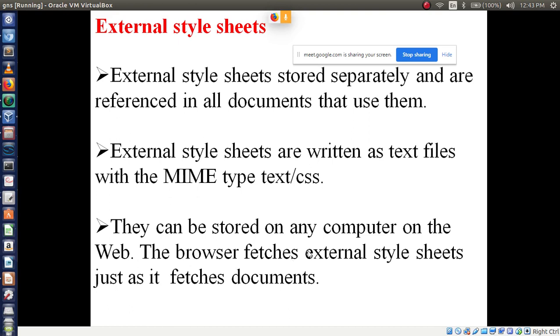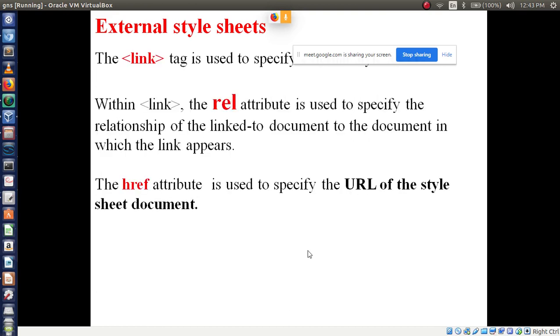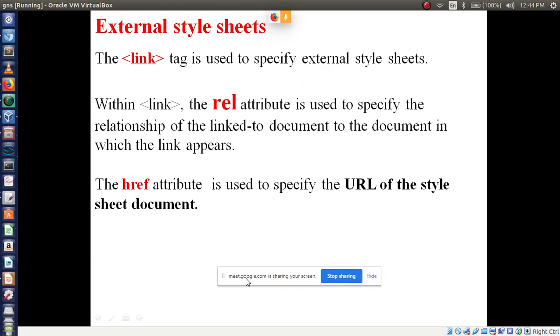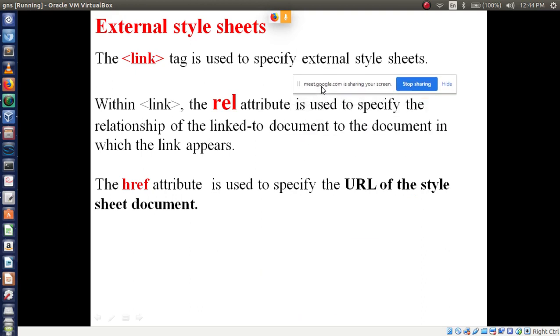Let's see. To use external style sheet, you remember these tags. One is link tag, rel attribute, then href attribute. Have you used href attribute, or are you aware of href attribute? Where have you used this attribute?